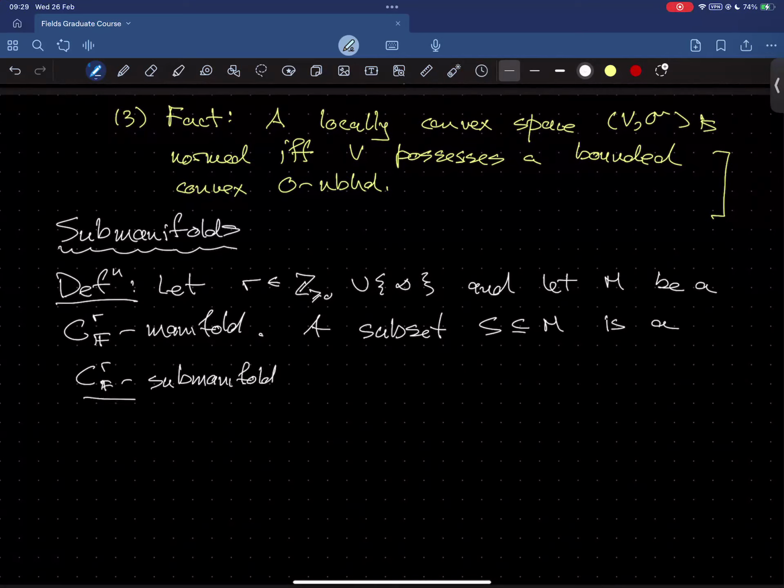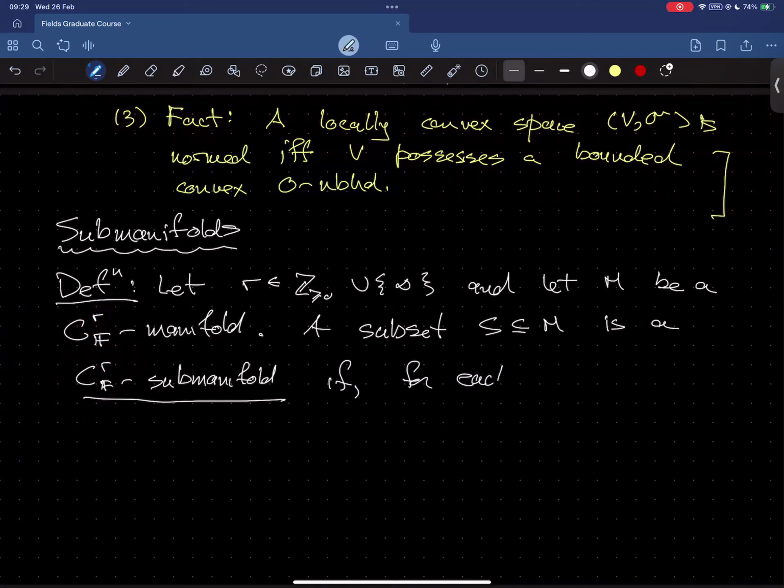Frequently one doesn't specify the regularity, and one just assumes the regularity of the submanifold is the same as that of the manifold, but maybe it's not, and so I won't be careful about including this prefix. Okay, so a subset of the submanifold if